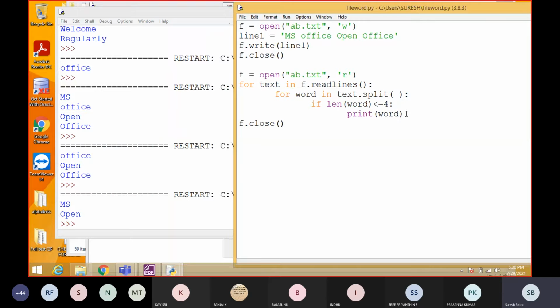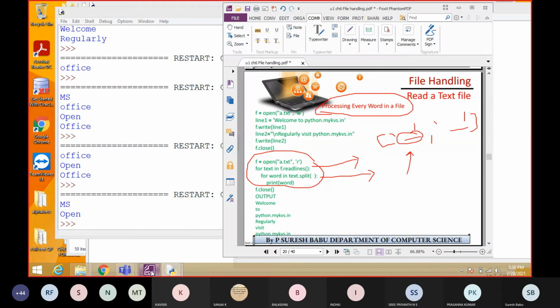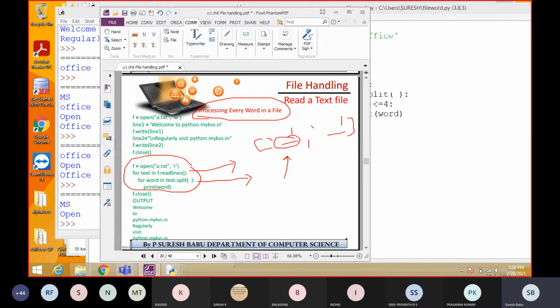Okay. So kindly understand this, note down, and depending upon the question, you have to change the condition only here. No other changes you need. Your input should be here, or you can have the content in the file itself, and only the condition you have to change here. According to the program, students, you have to set the condition here. That's it. Then we are going for the next one.